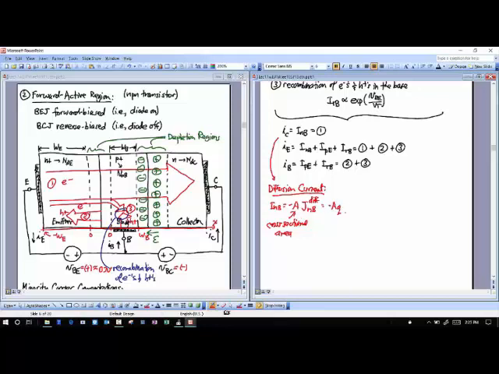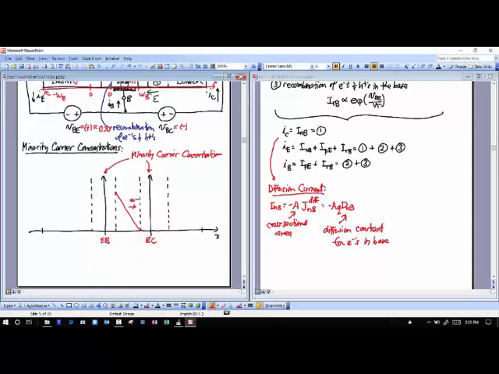It's equal to the charge that I have times a diffusion constant, D_NB, so that's a diffusion constant for electrons in the base. Okay, and then that's going to be multiplied by the slope of this curve. That curve right there. So I want the slope of that curve. And the slope of that curve, I'm just going to write as the derivative of n_p(x)